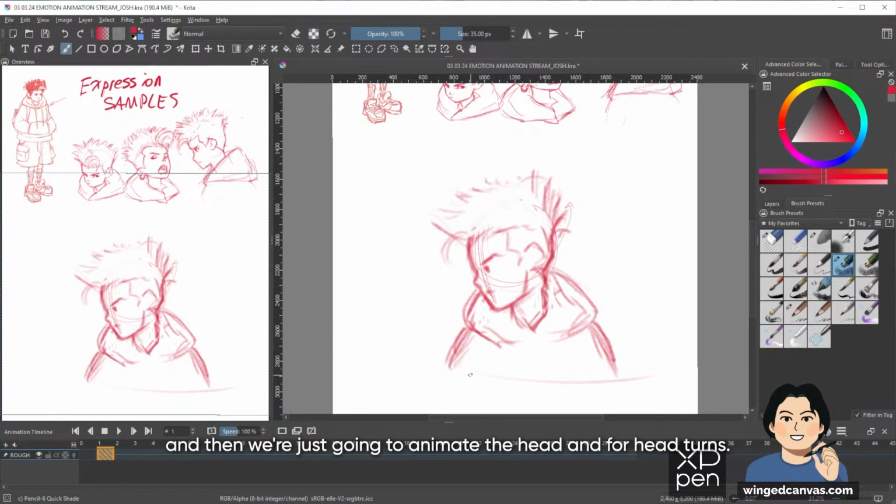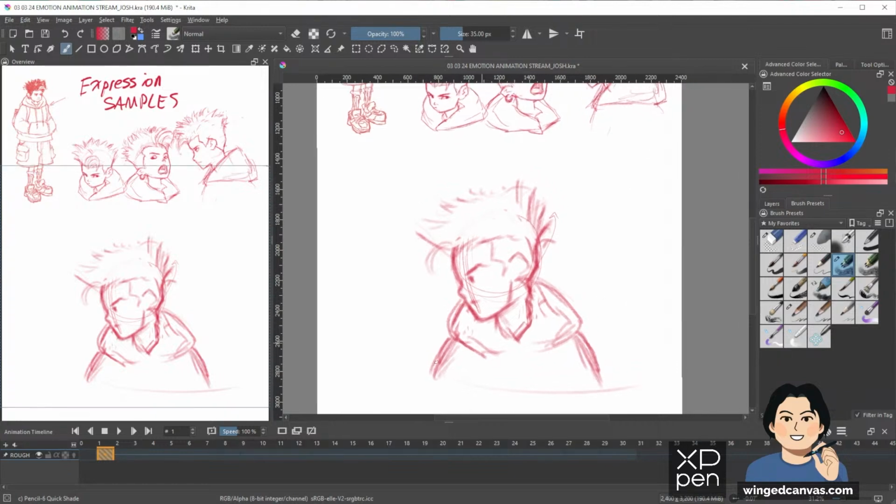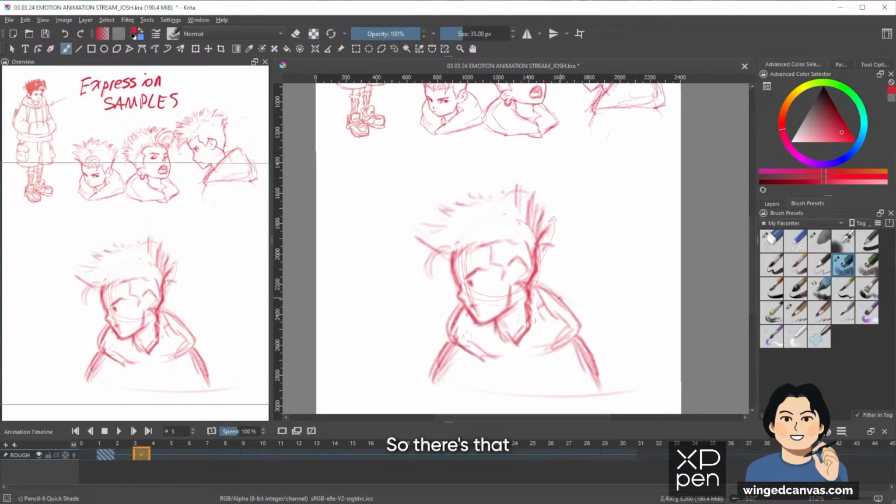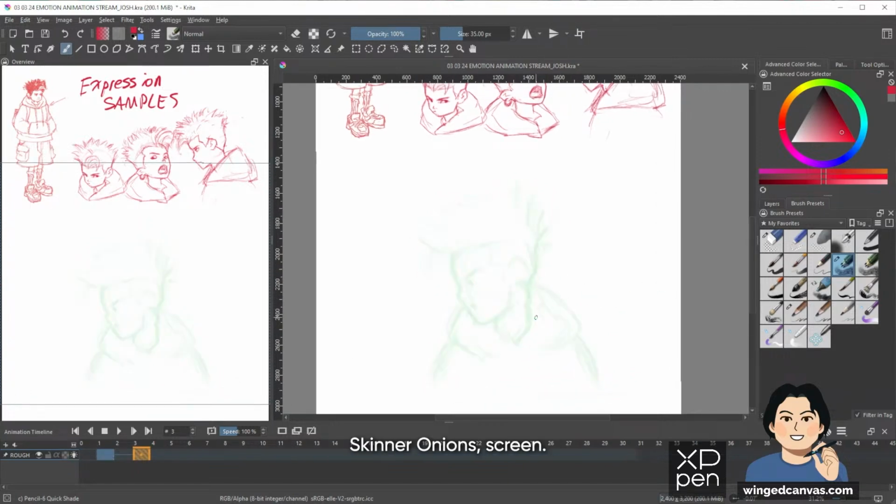For head turns, a lot of the time you don't have to redraw everything because things just don't move. I might not have to draw the shoulder and the hood every single time. And I'm going to turn on onion skin, not onion screen.